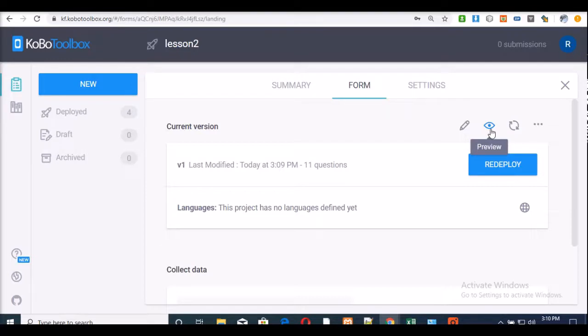So it's as simple as log in, upload your form, and you check for errors. If there are no errors, preview your form from the Kobo platform, and we are done with that section for creating form, uploading forms, and previewing the form. In our next lesson,